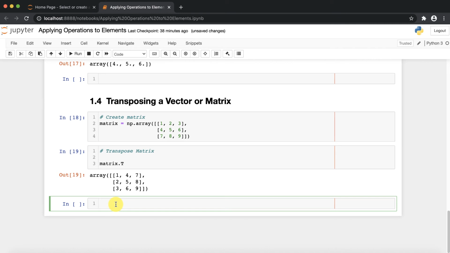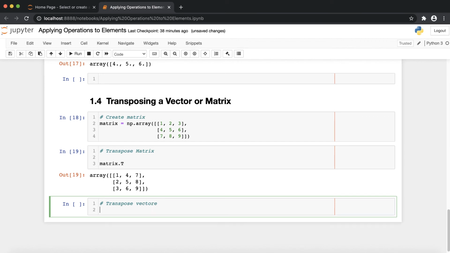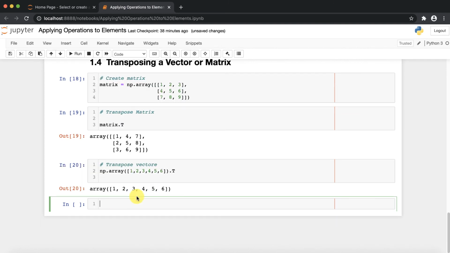Similarly, if I want to transpose a vector, then actually we are not going to transpose a vector, you can say that. Suppose if I am creating one vector over here, okay, and I'm just putting the values 1, 2, 3 up to 6, okay, and if I perform the transpose over here, then you can see that there is no change in that, okay.